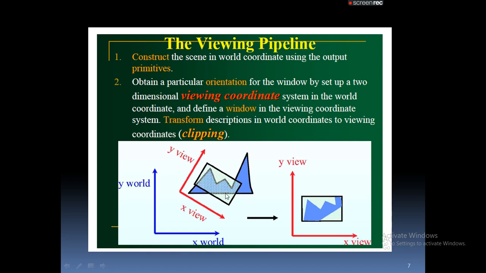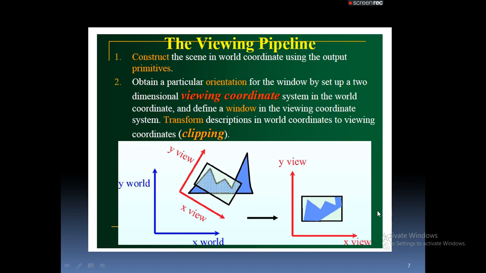In this object we defined one two-dimensional rectangular clipping window. That clipping window defines what you want to see with respect to that particular object. So with respect to that particular object, I want to see only part of the object. So I decided this. Next, I need to display whichever part of the object that lies inside the clipping window on the screen with the help of a viewport.